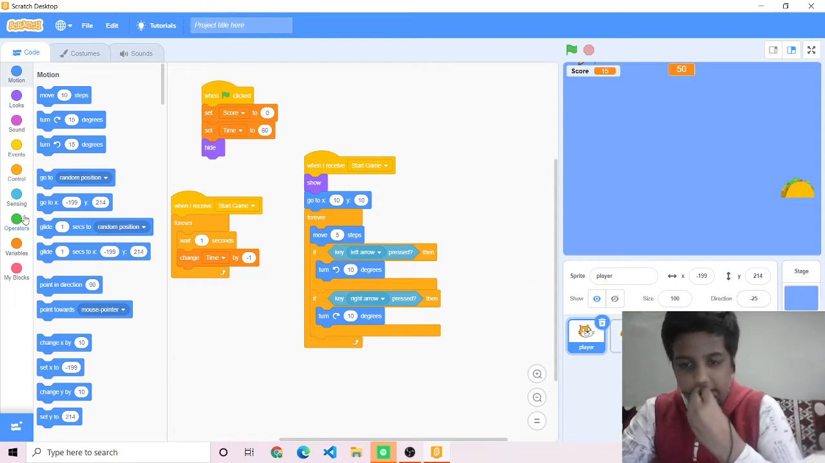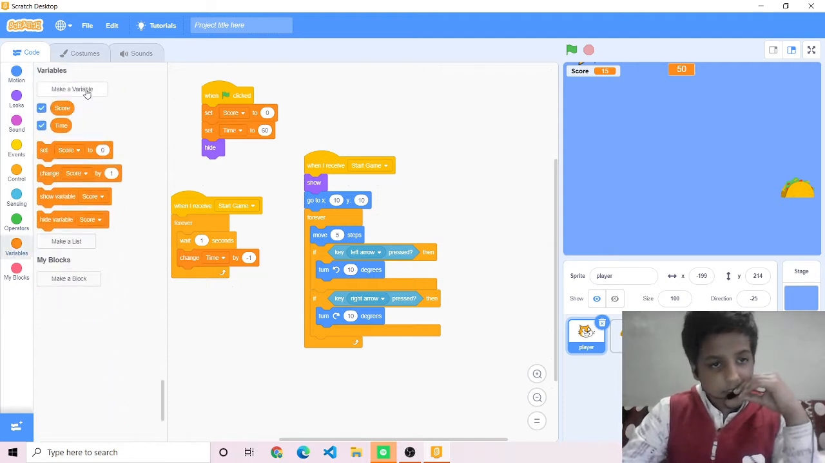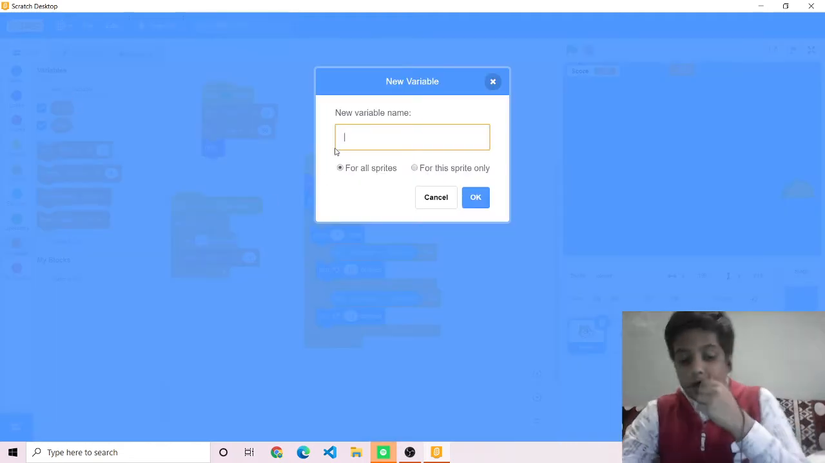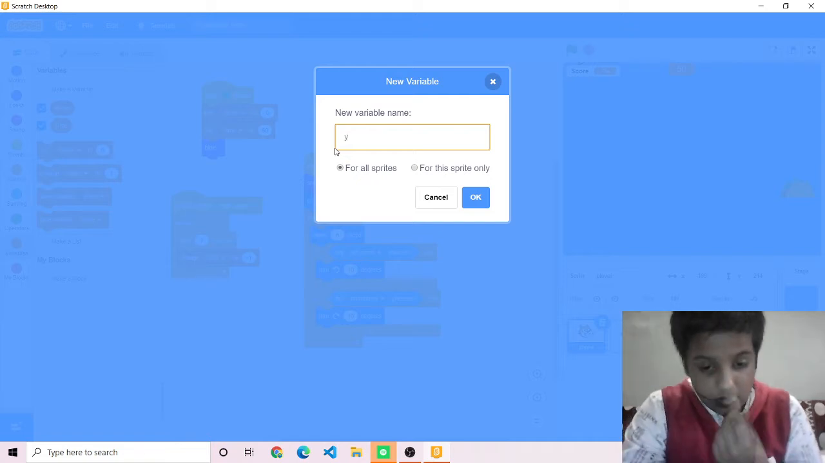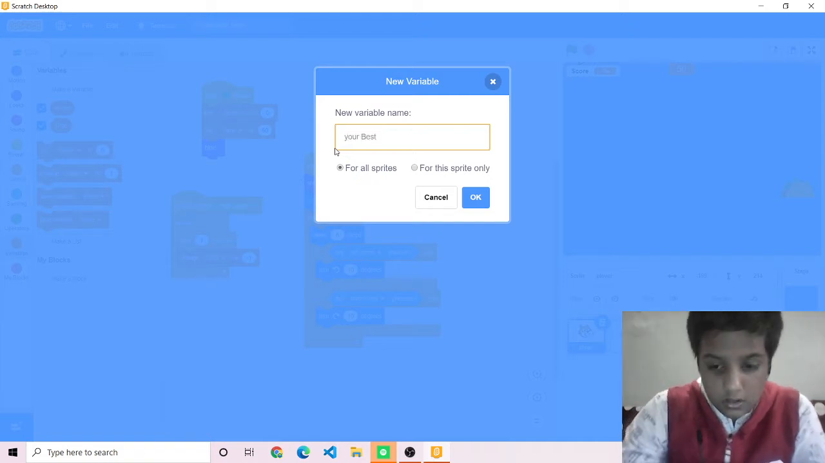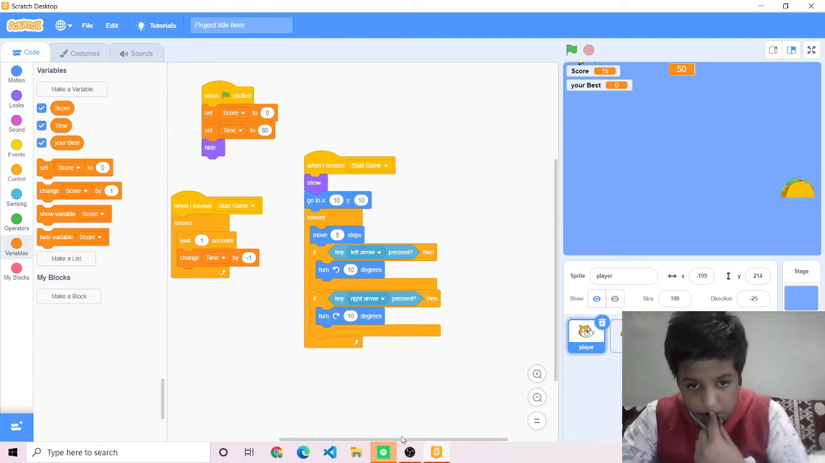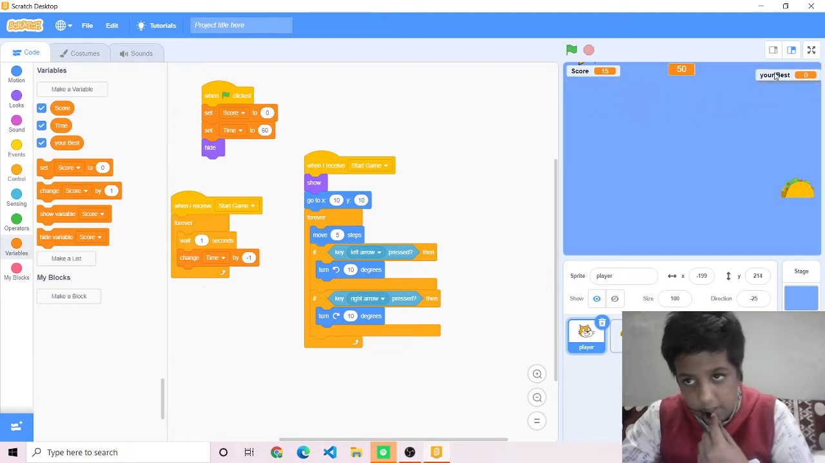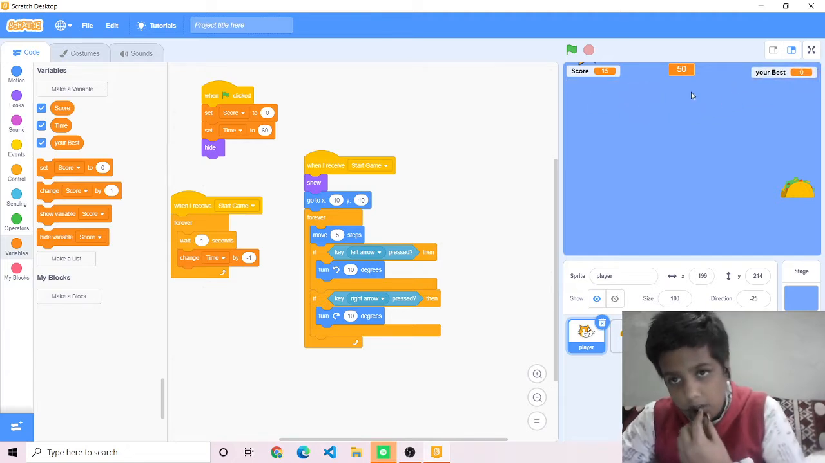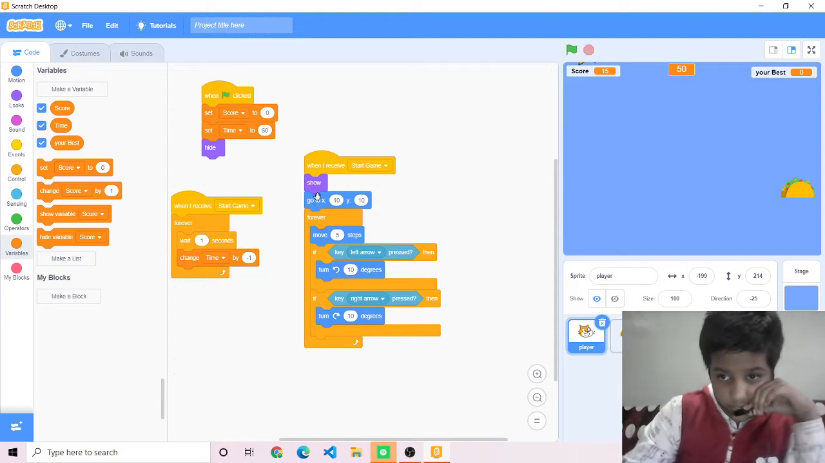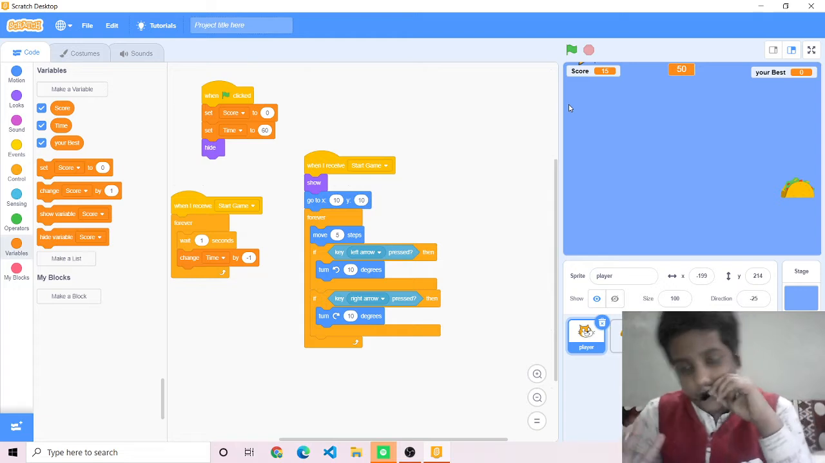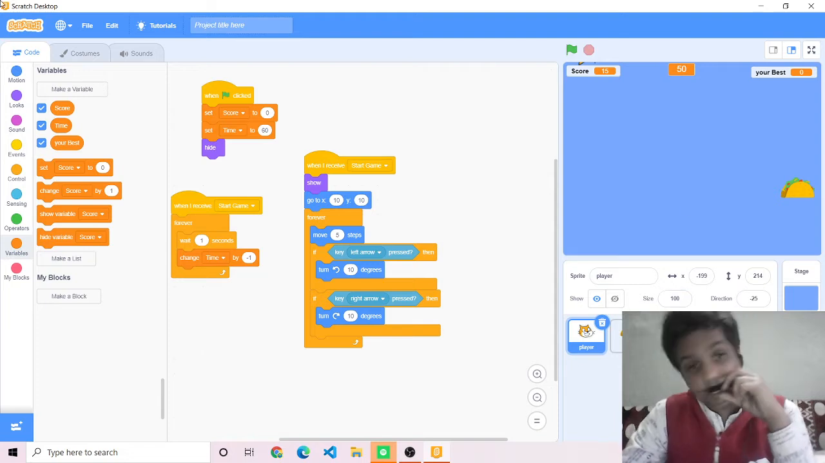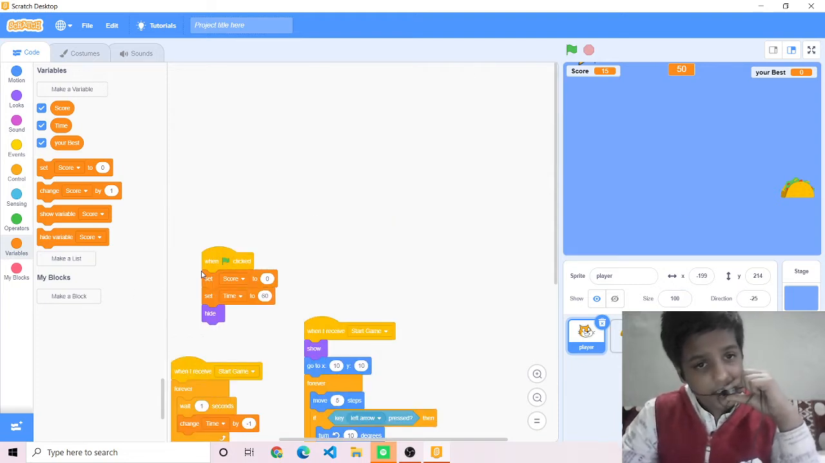First we'll create a new variable, highest score, or "your best", as we can say. This is my variable name, and we can set it here. Now what we want is, whenever the time is less than 1, to check what the score is, and it will set your best, meaning our highest score. So for that we will